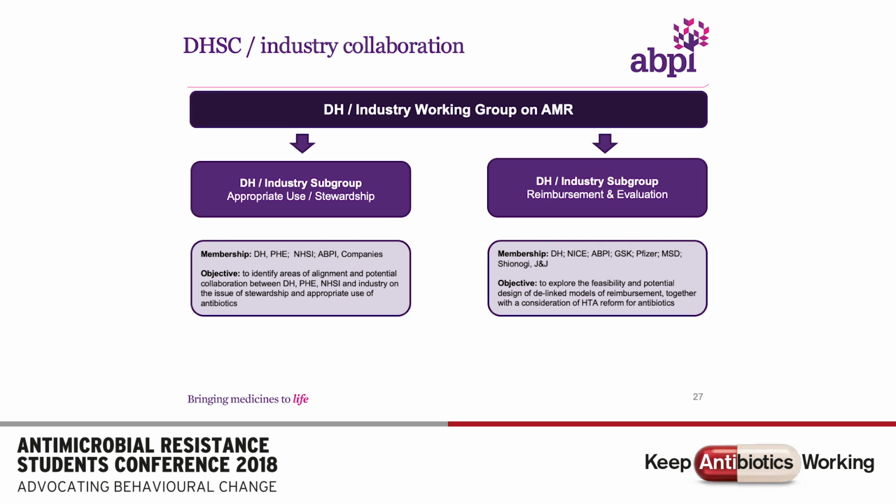On that basis, we have a standing collaboration with the Department of Health and Social Care, an industry working group, which meets quarterly, and subgroups, one of which is wrestling really with this valuation and reimbursement and whether we can rebuild a sustainable market for developing these antibiotics. And the second is a subgroup that's going to do more work in the new year on appropriate use, stewardship